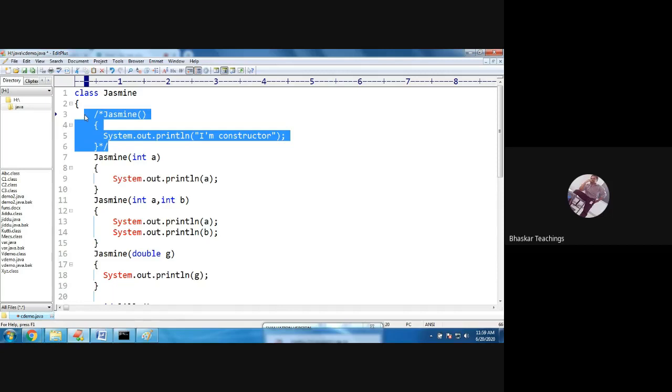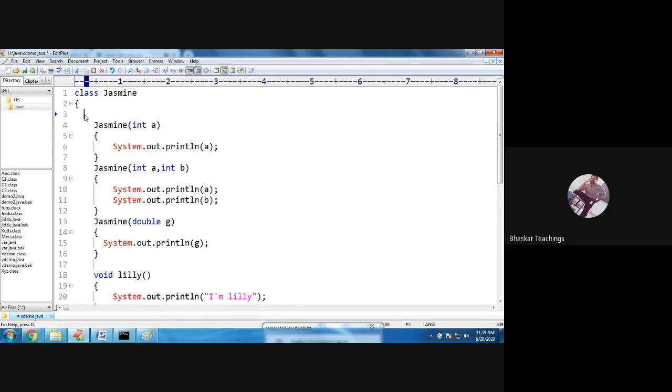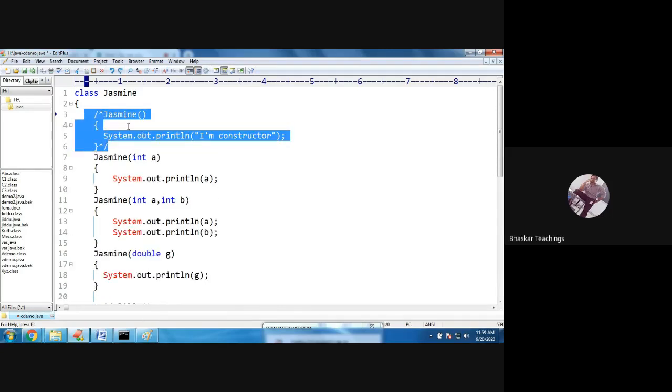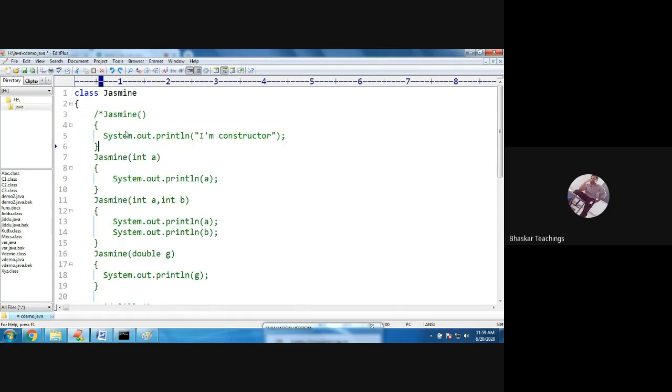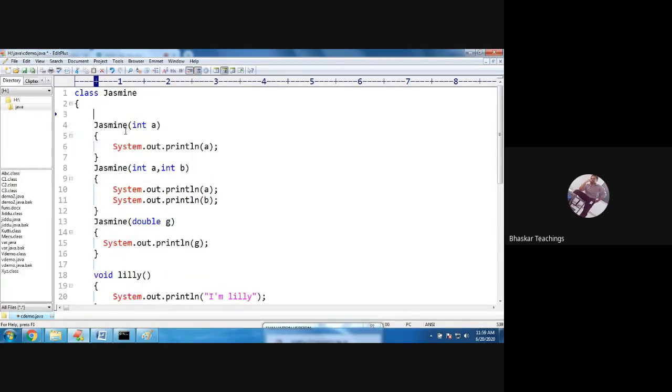Okay, imagine I removed the zero argument constructor. I need not require this one, so I removed it. This part I deleted, thinking, anyhow, the compiler is going to generate the constructor, right? That is the point.